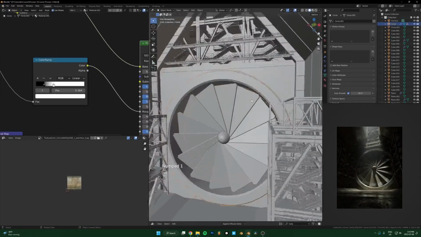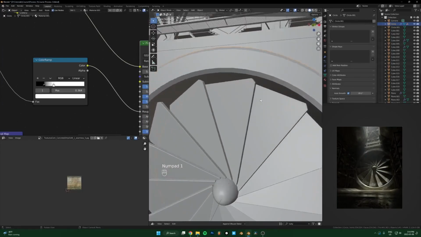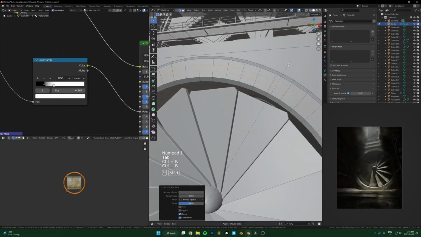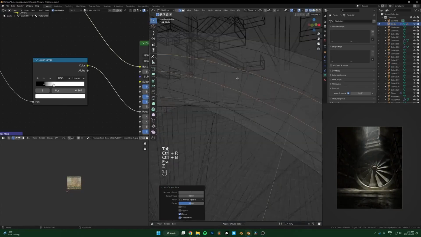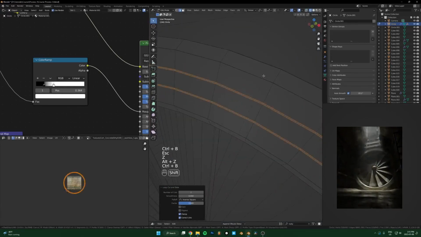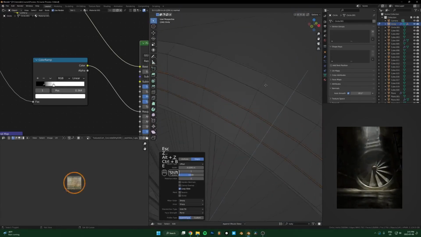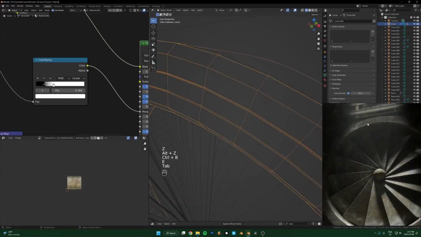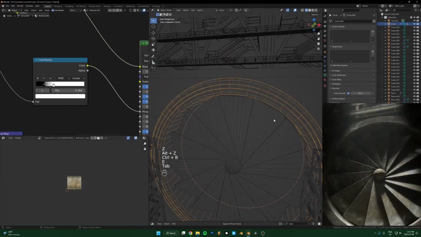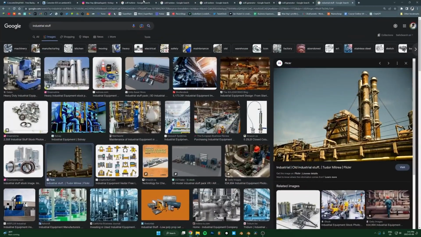So the first thing I want to do, I think, is add a couple of edge loops. Control B, and let's zoom in so I can see what I'm doing. Control B, and then I just extrude those in. So that's slightly more detail, nice. And then what would be sick actually is if I went to textures.com,